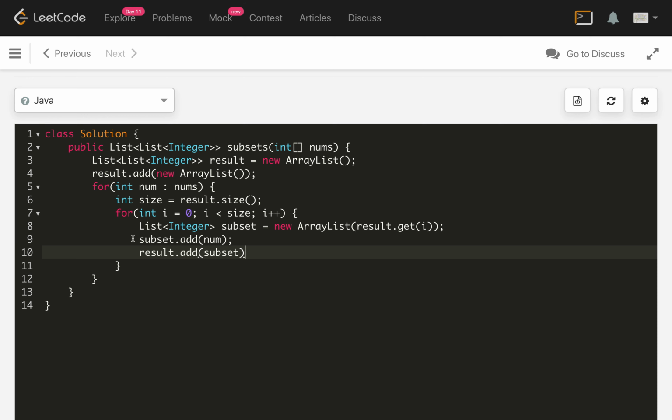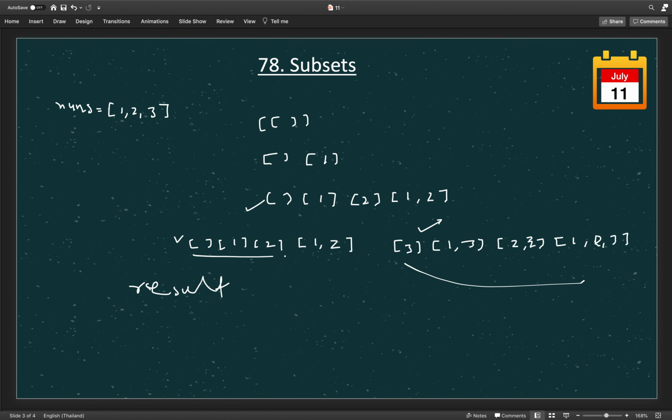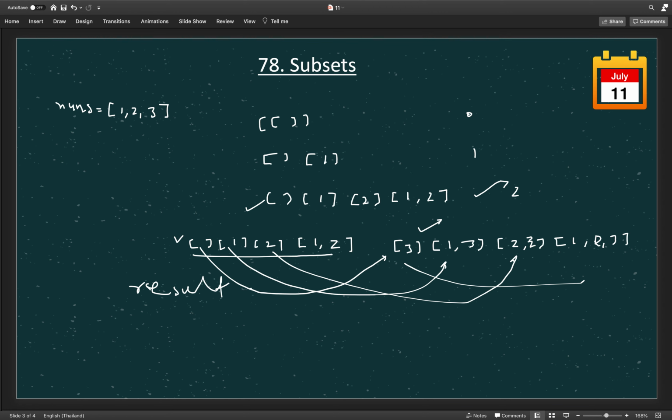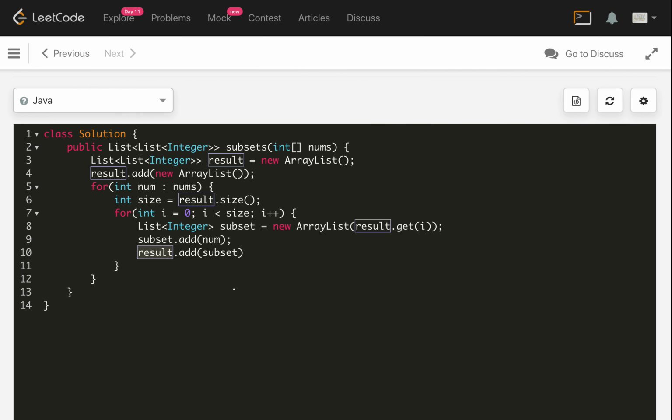So what will happen here in result, we already have the previous state subsets here, as we completed the previous step, like step 2 here, this is for 1, this is 0. If we complete, we will already have these 4 subsets in our list, and we are picking the empty first subset from here and then adding 3 and creating this. Then we are picking this subset and adding 3, and then we are picking this subset and adding 3 again, like this, and appending the same to the result list here.